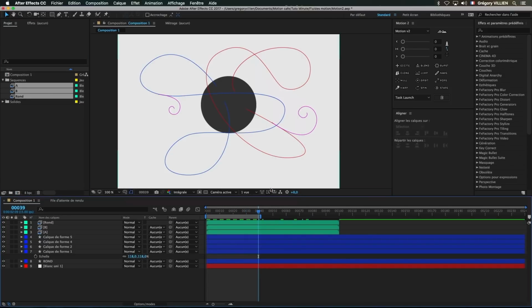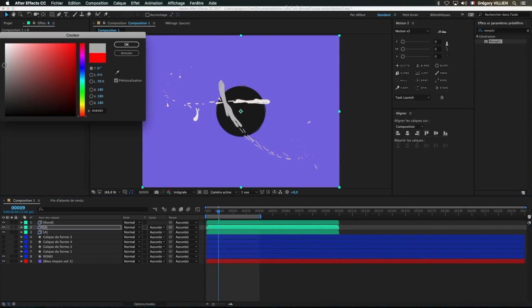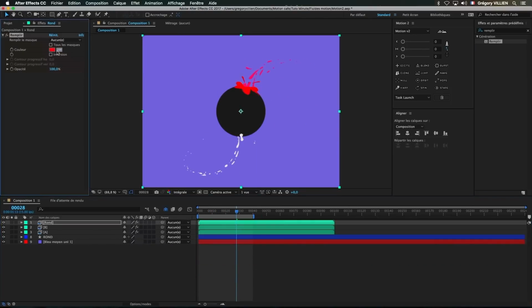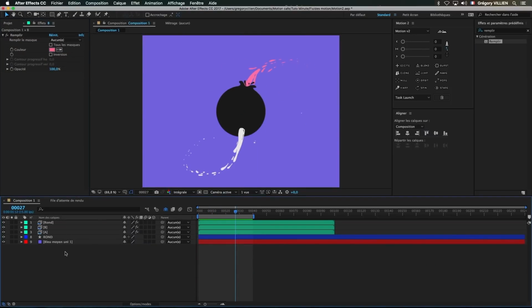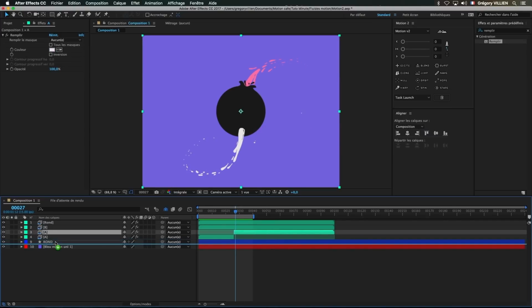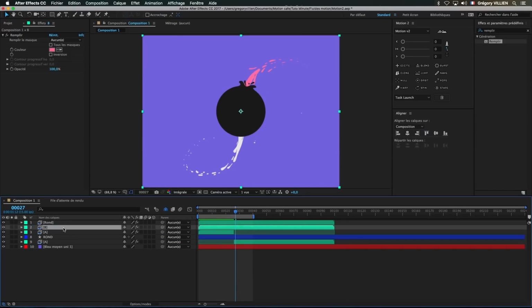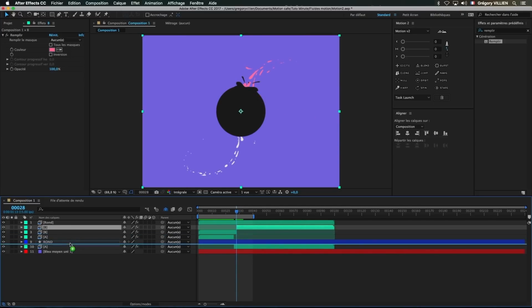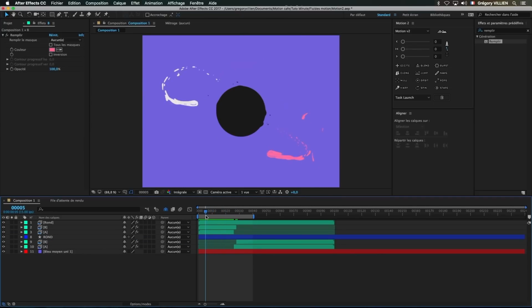I changed my composition from 12 frames per second to 15 now, because I updated it in Animate. Everything's working. I just accelerate one step, where I put my first colors, which won't be the final colors. What we're going to start now is to compose some elements. Here, as you can see, for example, some elements are overlapping and not behind or in front of it. I cut here the beginning of my drop, and I put it back on my ball, so my form layer. Here, the same thing. We're going to analyze, and we've got some elements that go in front of the ball instead of being inside of it. So I cut it and put it behind the ball.